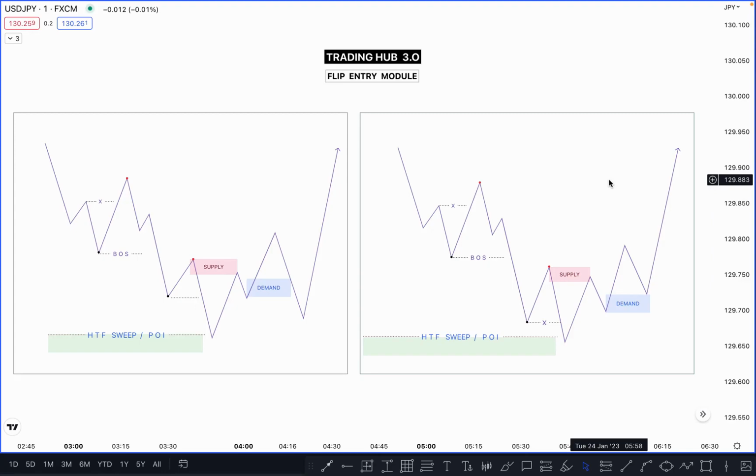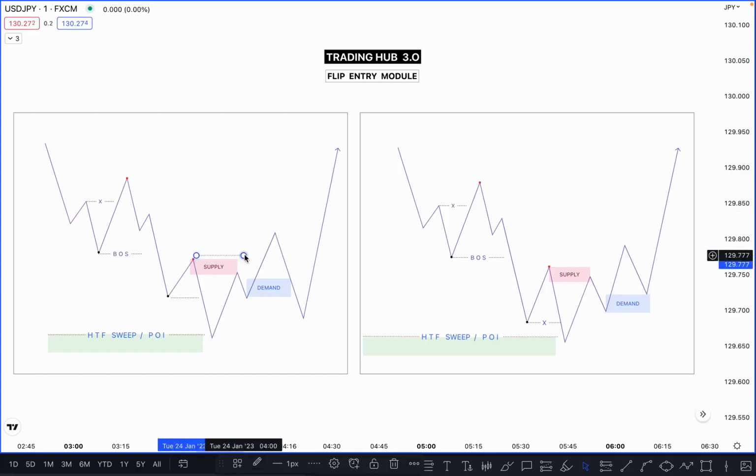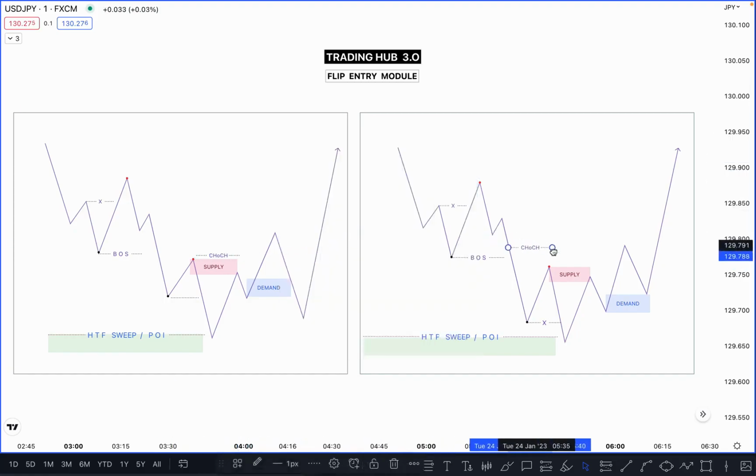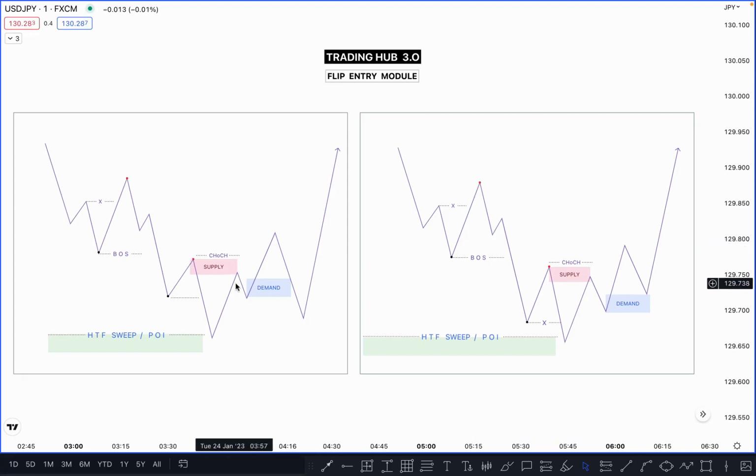This complete process is called the flip entry model, and this one is also known as CHoCH with flip, right? Because once the market creates a flip, it also creates a change of character at this point, because this one is our change of character. So this is called flip with CHoCH, or you can say CHoCH with flip entry model. If the market breaks this high directly at this time, then this is not a flip, this is just our CHoCH. I hope you understand how the CHoCH flip entry model works